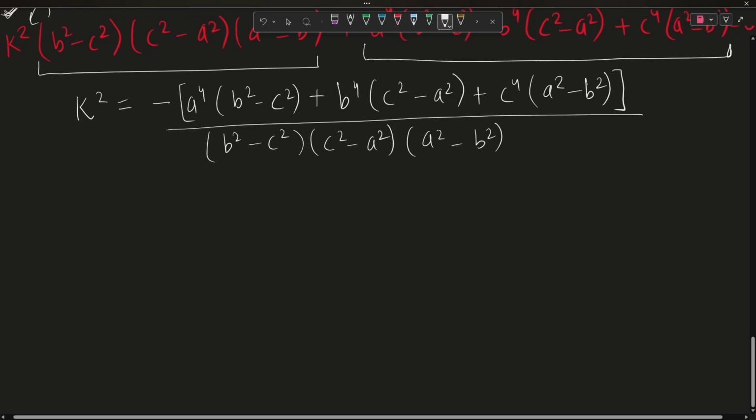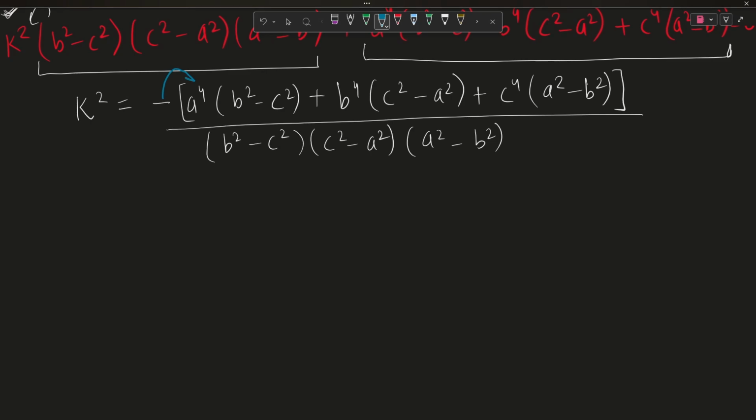Now let's multiply this minus in the bracket, or we could even wait. Firstly, we will solve the numerator as well as the denominator. So what we will be getting is k square is equal to minus of a 4 b square minus a 4 c square plus b 4 c square minus b 4 a square plus c 4 a square minus c 4 b square,